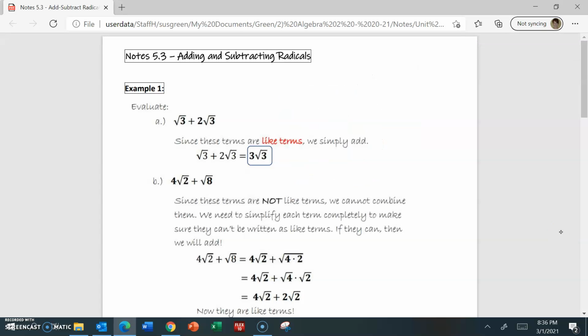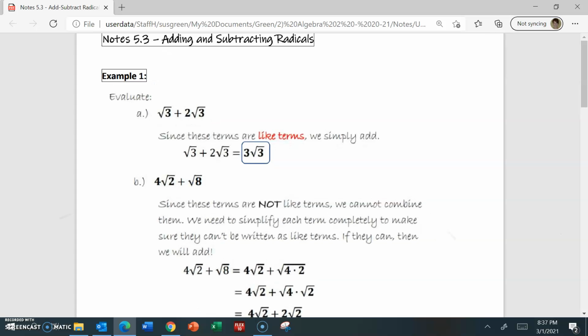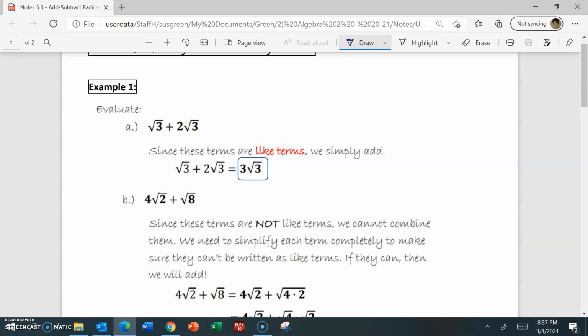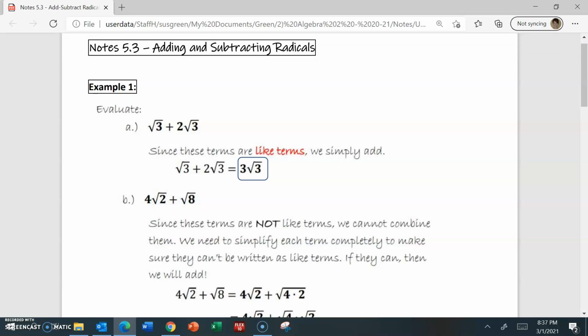Okay, so Notes 5.3 is about adding and subtracting radicals, and we just finished lesson 5.2, which was multiplying and dividing. And I will say this is going to go much faster because you now have the experience of simplifying radicals, and we practiced that a lot in 5.2. So in these first couple examples, we're going to take a look at what happens if you were asked to add